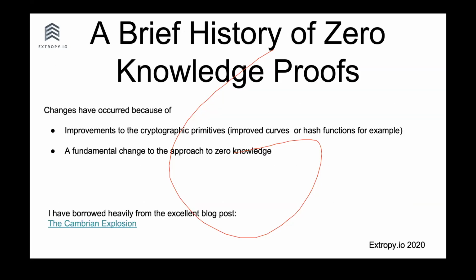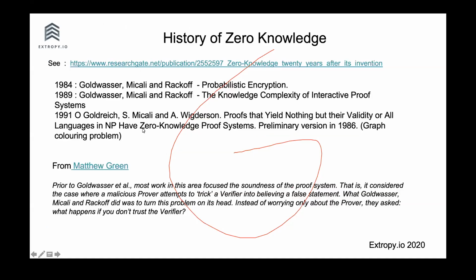Okay, we'll just go very quickly through the history of zero knowledge proofs. It's interesting that they've been around for a fairly long time. They came about initially in the 80s. There's a really good article called The Cambrian Explosion that goes through this. The first paper that invented zero knowledge proofs was in '84, and